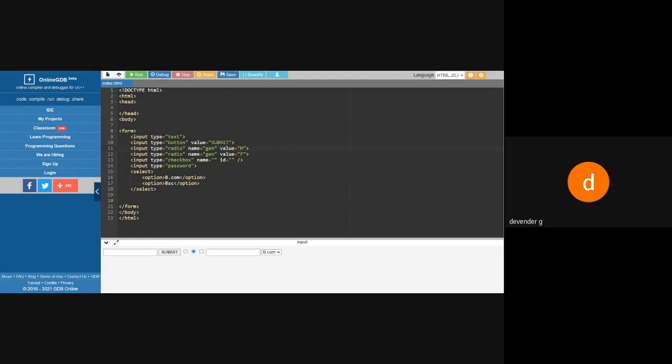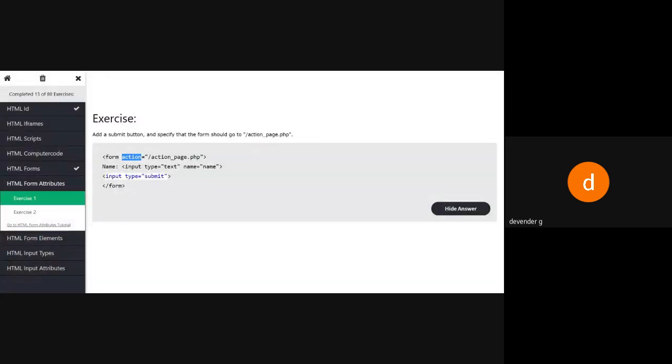I have to say form method equal to this. So we'll see the answer for this. Sorry, I forgot. It is not method, it is action. It is action equal to, yeah. Oh, sorry. Now you can see.